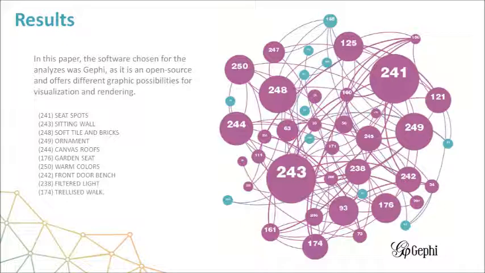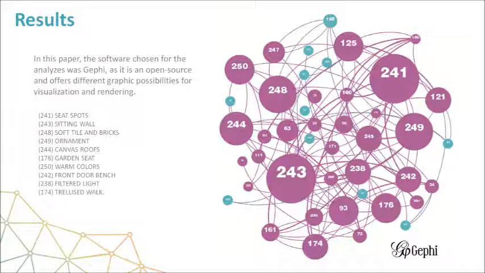After generating the basic unitary metrics of distance, diameter, and density, we applied the metric of out degree centrality, together with the context and design classes highlighted by different colors. The design patterns with the highest out degree, that is, those that have to complement the pre-existence of this 300 meter identifiable neighborhood, were seed spots and sitting wall. They were evidenced with the representation of the node in a larger size.